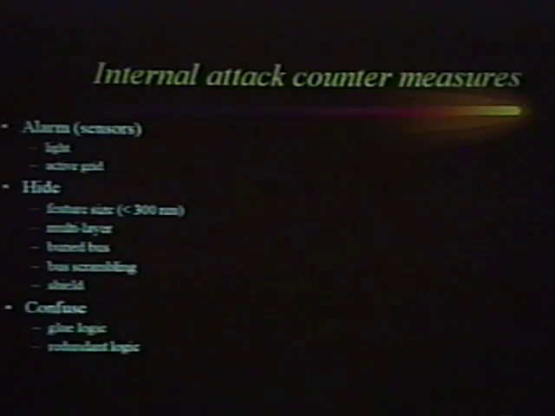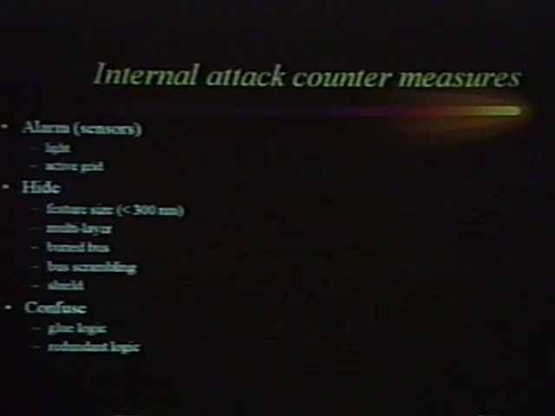In terms of hiding, when we do multi-layer, stack a number of layers upon each other, an attacker will have a much more difficult job in reverse engineering. If we at the same time use a buried bus, which means that the bus itself is very low in the stack of layers, it's going to be quite difficult for an attacker to reach and tap the bus.